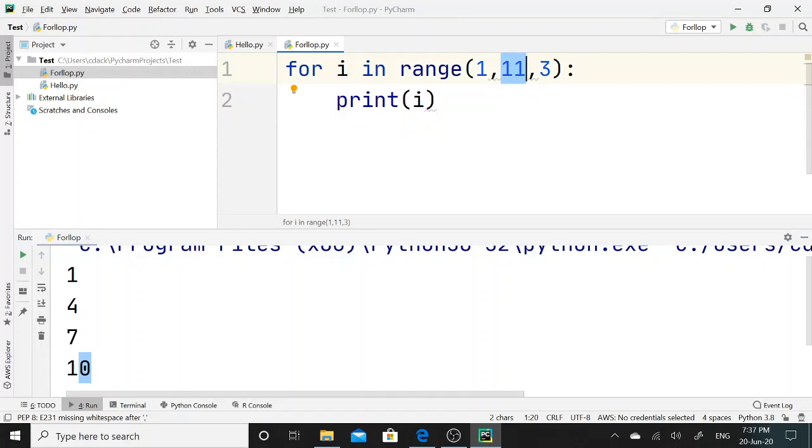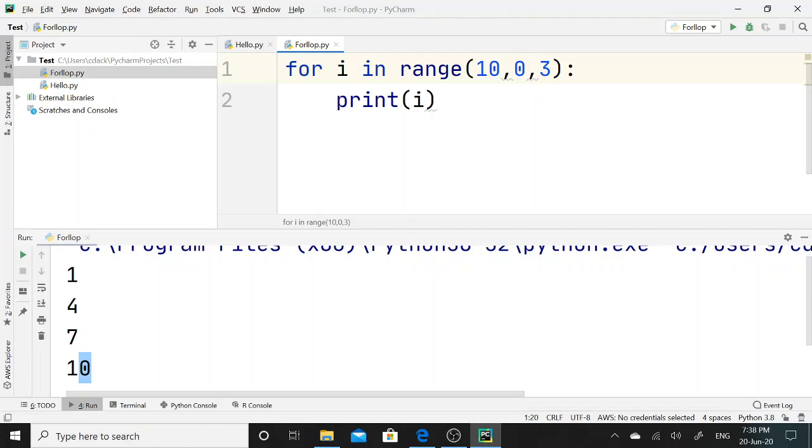Likewise, if I want to print the numbers 1 to 10 in reverse order, here I have to declare my start point, that is 10. Then my end point must be 0, since I want to print the numbers in descending order from 10 to 1.